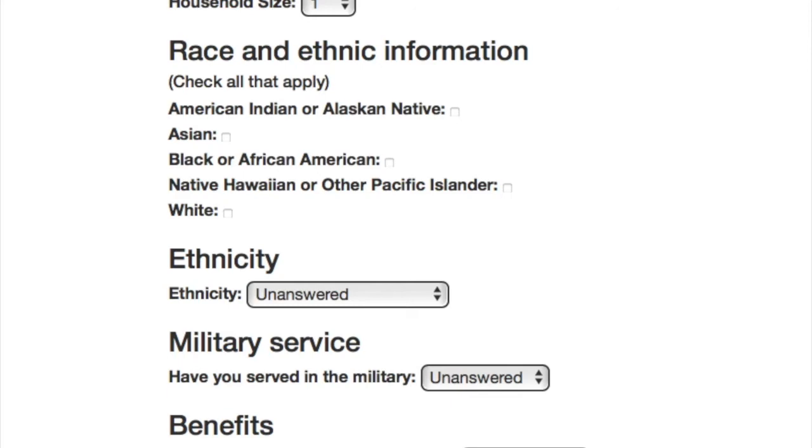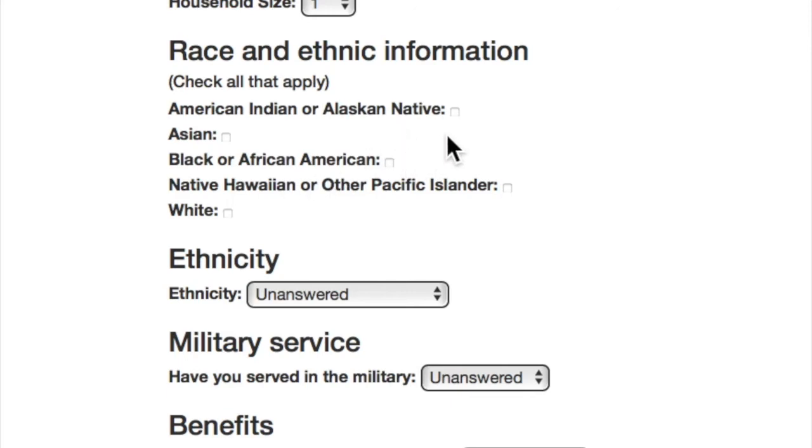So the next section we're going to talk about is race and ethnic information. This is primarily of importance for grant purposes and for the feds. And so these are the specific racial and ethnic groups that are defined by the Department of HUD, and we have to ask these questions of each individual as they come in. Most of them are pretty good and fairly accurate on reporting their ethnicity. Some of them you have to just use some common sense, but if somebody says that they are, well, in